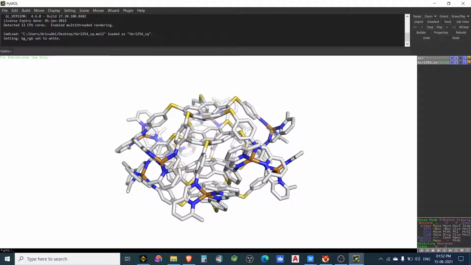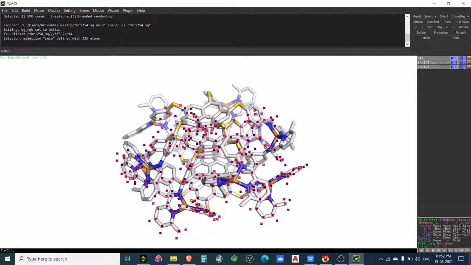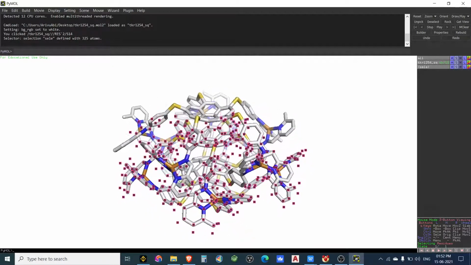This is the way they have done it. You need to select this one. Before doing that, go to the right side panel, down. You see the selecting mode, residues. Residues means whatever residue you click, that whole residue will be selected. If it is atom or something else, you need to change it to a different mode by clicking one by one. Okay, residues, you click this one. So only the inside molecule, that residue, is selected.